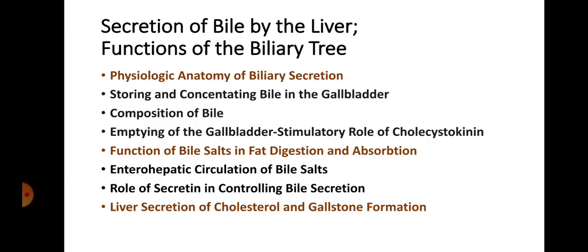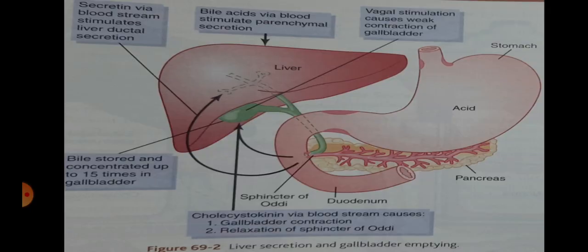Now let's talk about storing and concentrating bile in the gallbladder. The bile is secreted continually by the liver cells, but most of it is normally stored in the gallbladder until needed in the duodenum. The maximum volume that the gallbladder can hold is only 30 to 60 milliliters. Nevertheless, as much as 12 hours of bile secretion, usually about 450 milliliters, can be stored